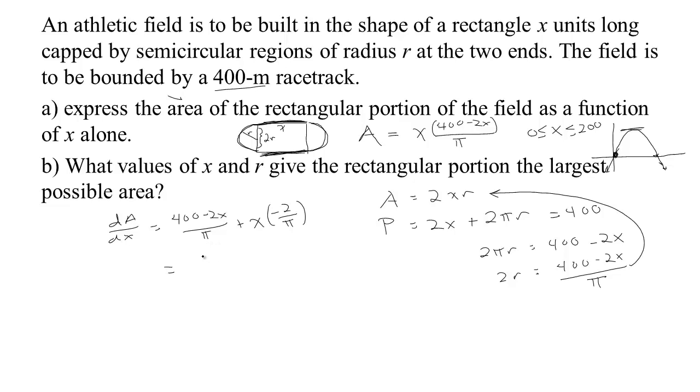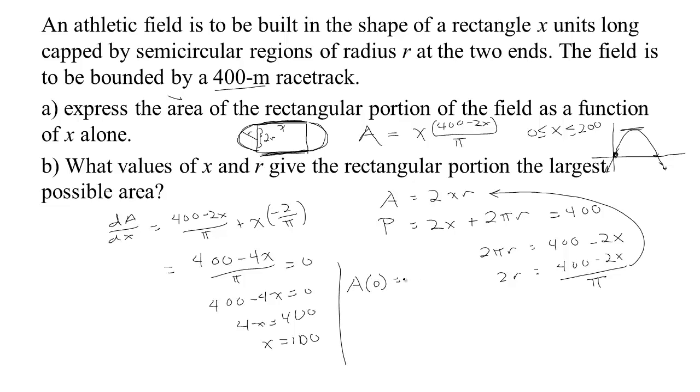These have a common denominator of pi, so I have 400 minus 2x minus another 2x, which makes minus 4x, all over pi, and I set that equal to 0. If I multiply by pi, 400 minus 4x has to be 0. And so 4x has to be 400, so x has to be 100 at the critical point. Now, we just follow our procedure here. We check the area when x is at the critical points and endpoints. One endpoint we argued was 0, and of course the area there is 0. The critical point in between, there was only one, and that was at 100. If we plug in 100,